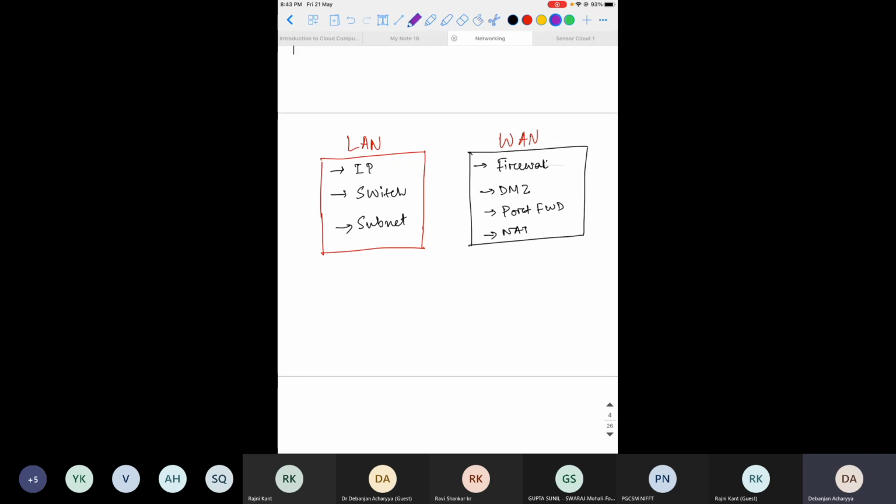In between these, you have the router, and the IP address of the router is the gateway. Or, sorry, that is also sometimes called the gateway.